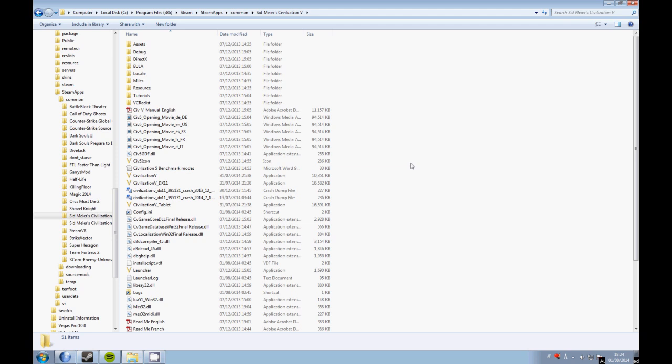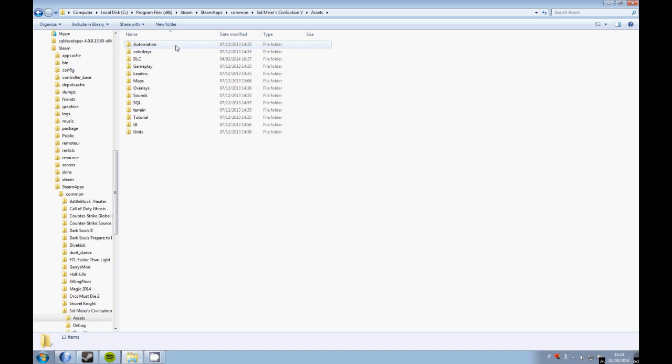I have the path at the top of the screen. This is the default location for the Sid Meier's Civilization V folder. If you saved it somewhere else, you'll need to go find it. So, we're going to go into the Assets folder, and then once we're in here, this is going to be